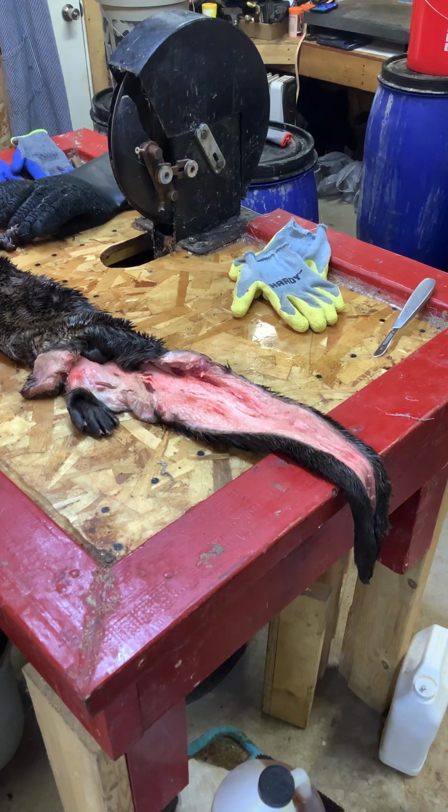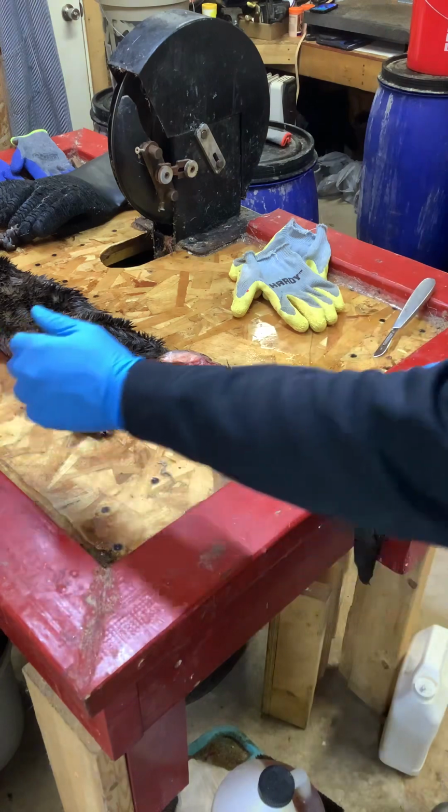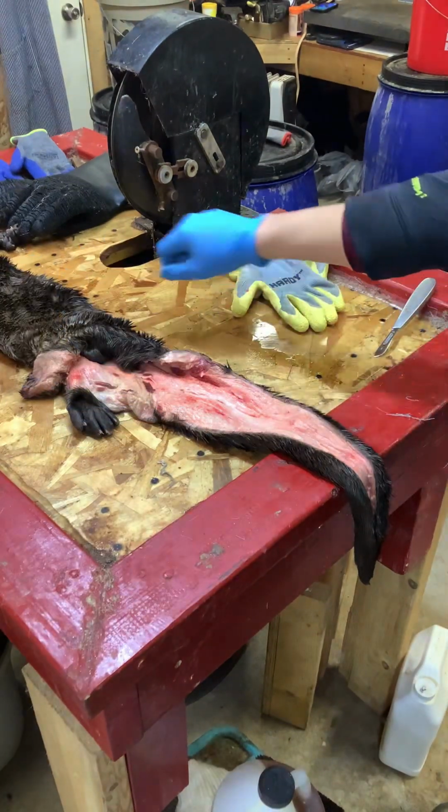Probably trading post here again today. Got an otter in the shop. So I just wanted to go over...